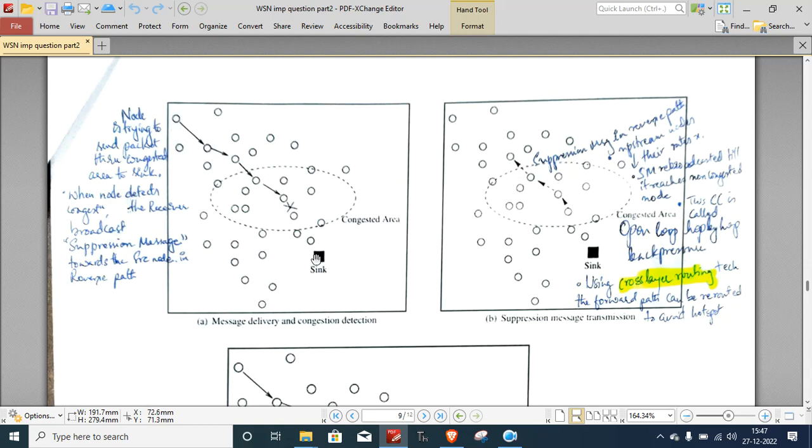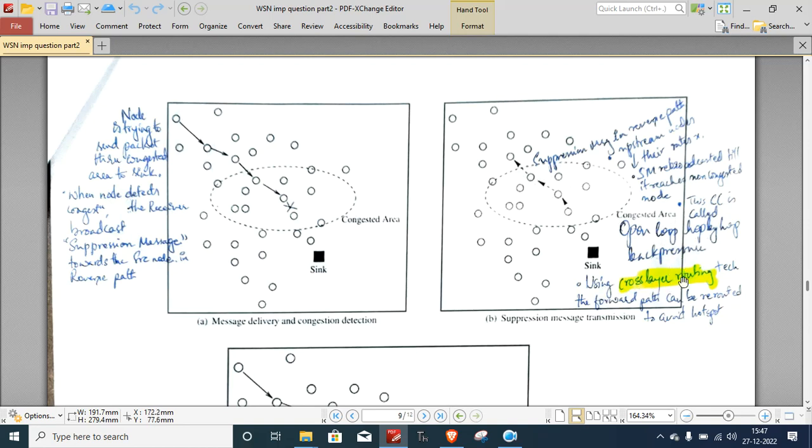Through the congested area it can reach the sink, but because of congestion packets are getting lost. So this node will transmit congestion signaling through a suppression message using the reverse path, and this congestion control is called open loop hop by hop back pressure.